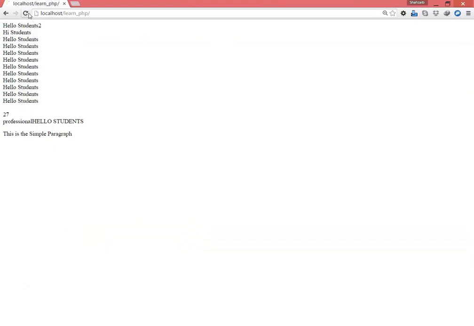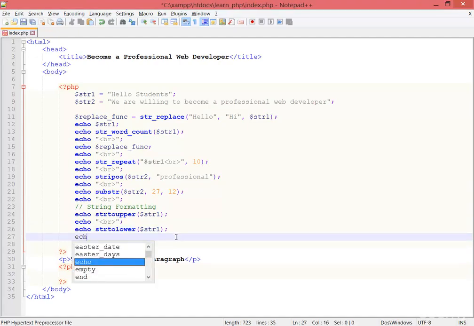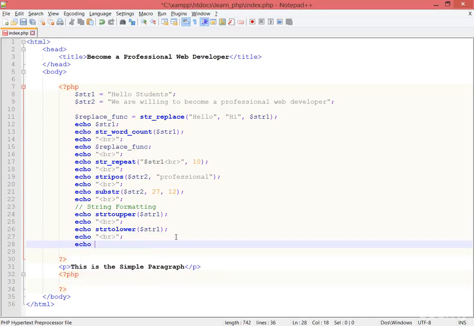So now you can see that the H and the S of the hello students are capital, but here the H and S, both of them are small, and this hello students is completely capital. Go back to the notepad, and I'm going to press enter and then echo, and then the br, save, and press enter and echo. In the same way, if you want to make some kind of sentence, meaning you want to make the first character capital,